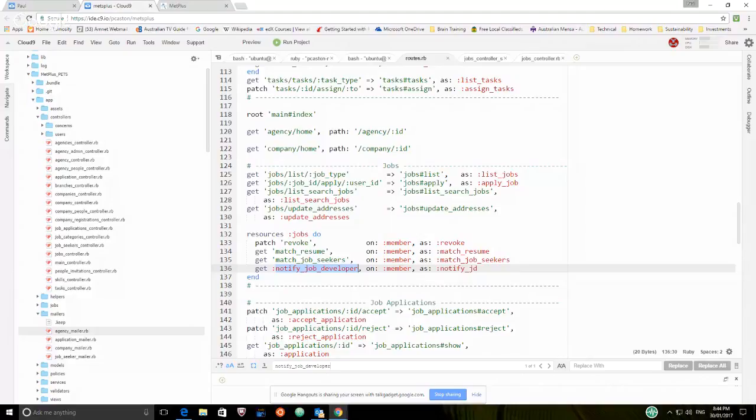See if we go up to where we failed. Is it here or is it here? It's here. So let's go up to where we failed again. Yeah. So that whole thing about as notified JD, that's basically specifying the shortened path, the path helper. Notify JD underscore path as opposed to notify job developer underscore path. That's all it's doing. In terms of the URL, it's still looking for notify job developer, and